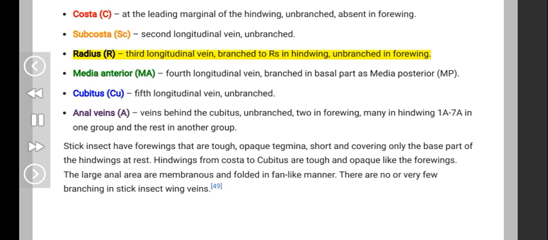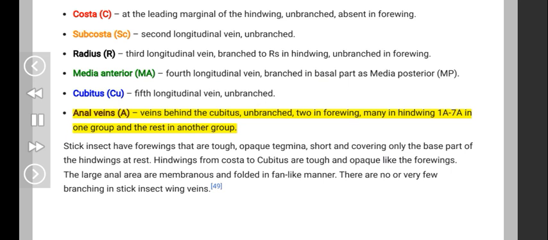Radius R, third longitudinal vein, branched to Rs in hindwing, unbranched in forewing. Media anterior MA, fourth longitudinal vein, branched in basal part as media posterior MP. Cubitus CU, fifth longitudinal vein, unbranched. Anal veins, behind the cubitus, unbranched, 2 in forewing, many in hindwing, 1A-7A in one group and the